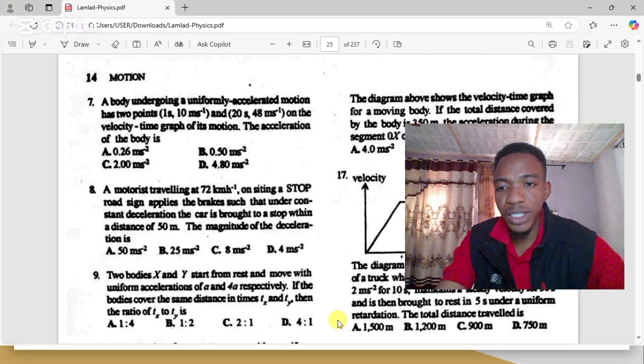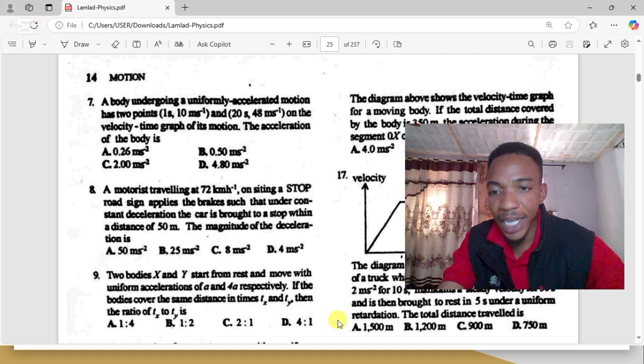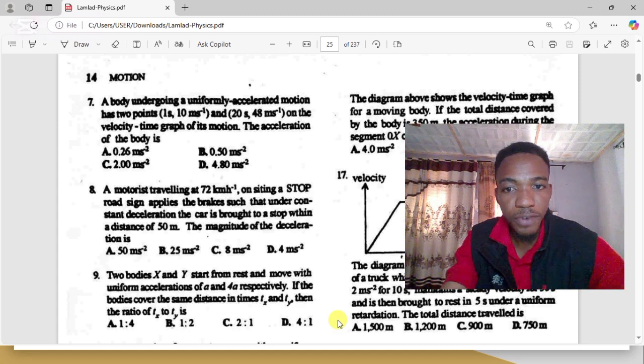So let's do this particular physics question. I'm going to start from number 7 and end at number 9. Now the first question, from number 7 here,